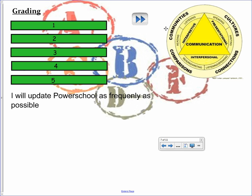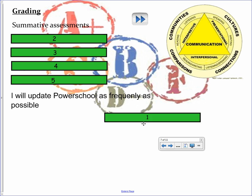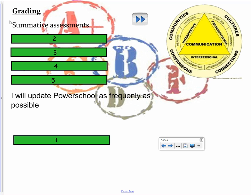The grading scale this year is going to be based on a couple of different things. The first thing everybody wants to know about are the exams, the tests, the quizzes. We call these summative assessments. These are a large portion of what we're going to be doing this year. This is the point at the end of a